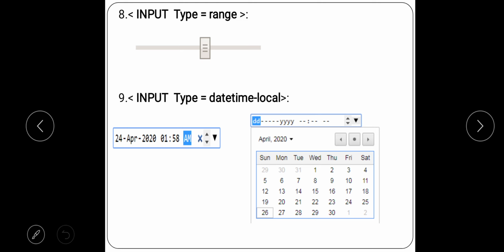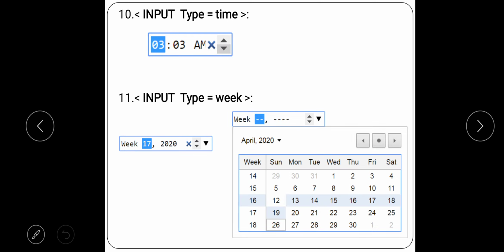You can see here the whole date part is there, then the time part is there in hours and minutes, and later it is asking AM or PM. So next is what? Input type equal to time. So now what do you think it must show? It will concentrate only on the time part, and it will display only the time part. So here again it is displaying the hours, minutes, and AM or PM.